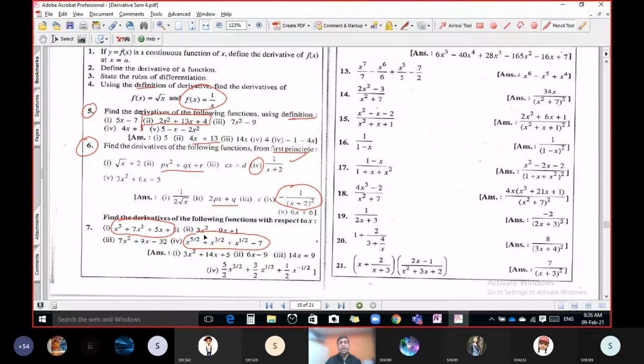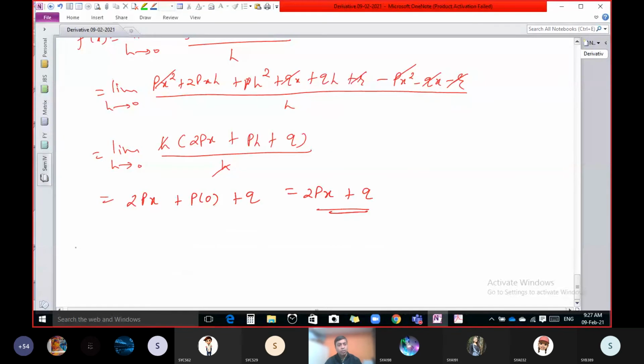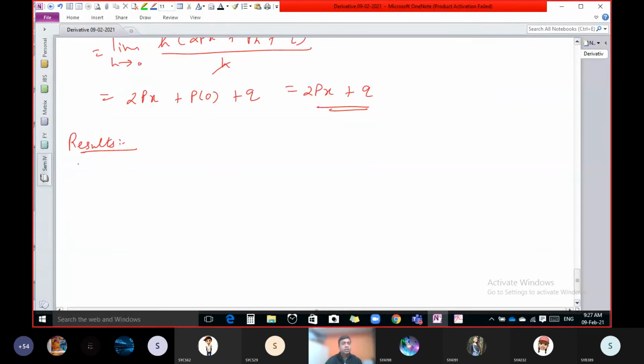then it becomes slightly difficult as well as lengthy to find the derivative by using the first principle, that means by using the definition. So we require another method to find the answer of this question very easily, and for that you need to learn a few results. If you learn a few results, you will be able to find the answer of that type of question very easily. The first result, let us take one more example, then we will discuss this result.